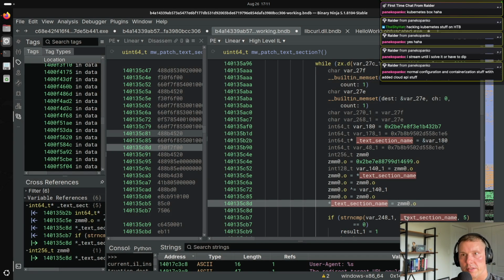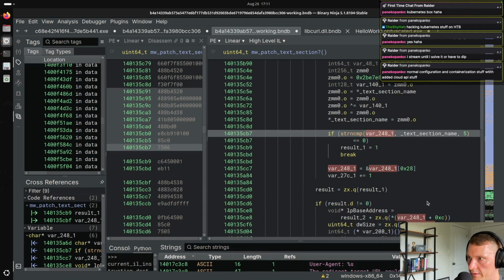Normal configuration and containerization stuff with added cloud API stuff. Yeah, okay, that makes sense. Yeah, I haven't really done a ton of Kubernetes work, but it seems like it's super complicated and rife with